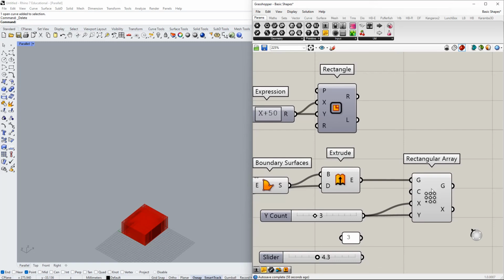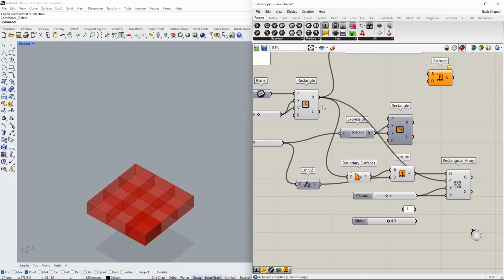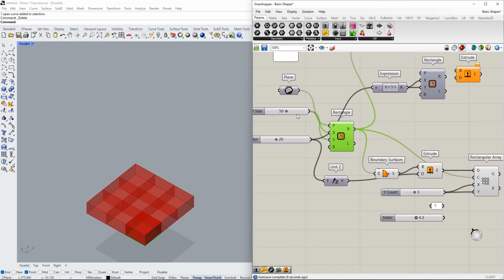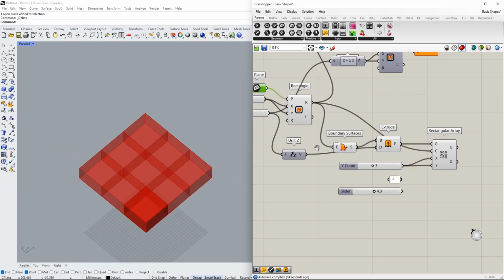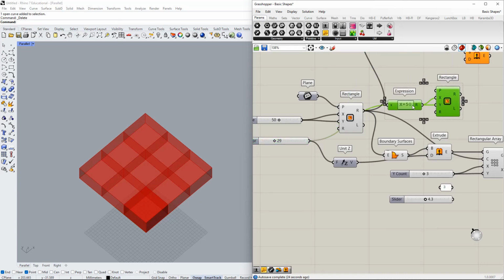But what you want to do is give it a rectangle that is actually the same or bigger than the original rectangle. So you can actually plug in the rectangle where everything is coming from, which is this one that we used to create the base rectangle. But as you can see, it is actually touching each of the cubes that we created, because it's exactly the same distance that we had before. But what we want to do, and I actually changed this to the wrong one,